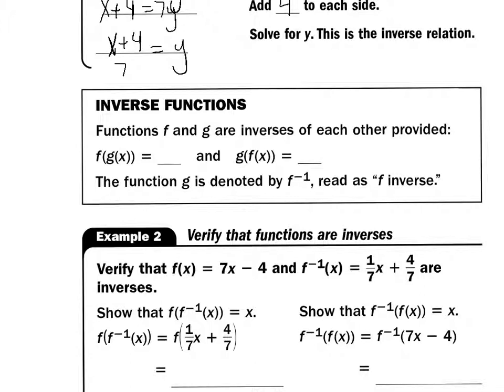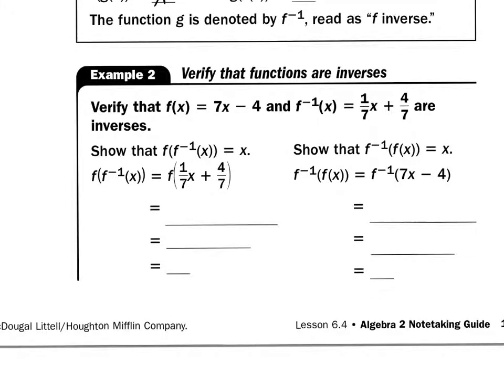Functions f and g are inverses of each other, provided that the composition of the functions, one inside the other, both ways, both just equal x. The function g is denoted by f of negative 1, and it's read as f inverse. So let's verify that f of x equals 7x minus 4, and the inverse equals 1/7 x plus 4/7 are really inverses. So to do that, we make a composition of them,